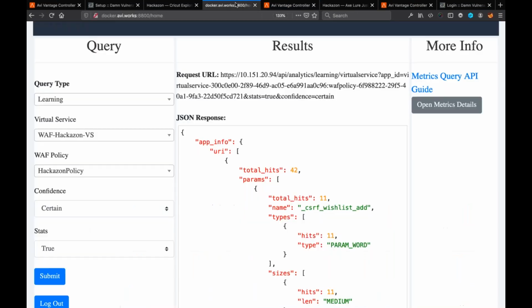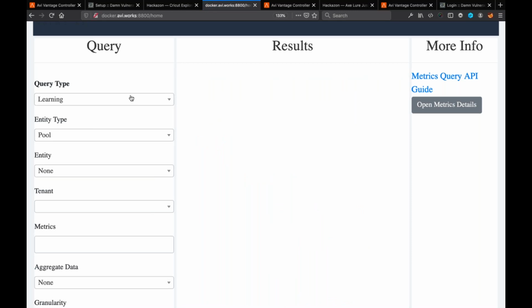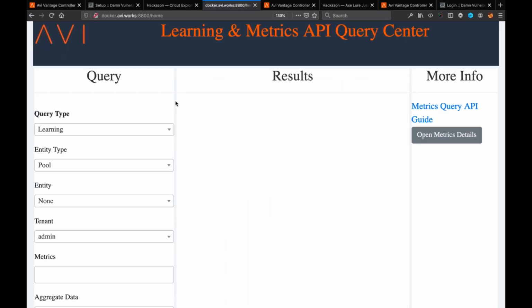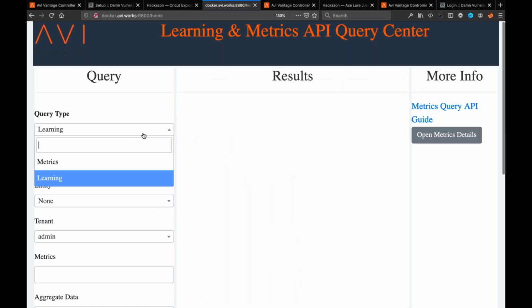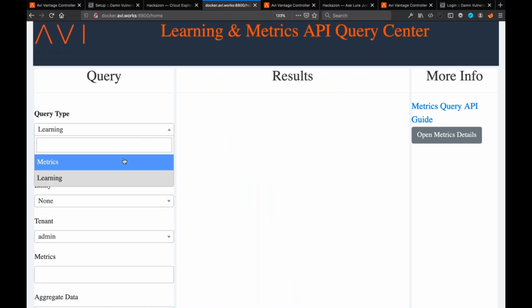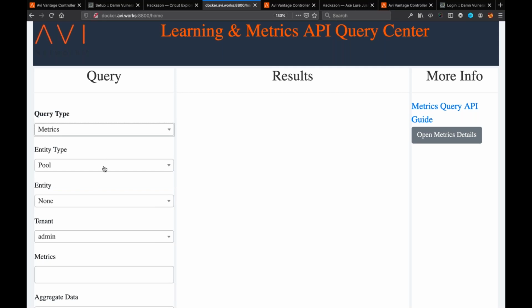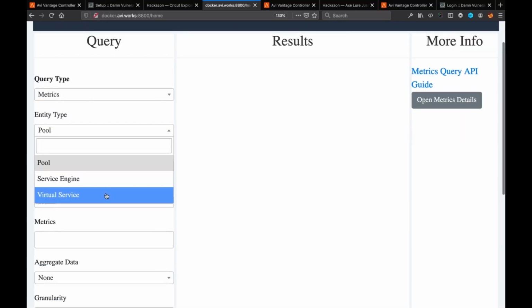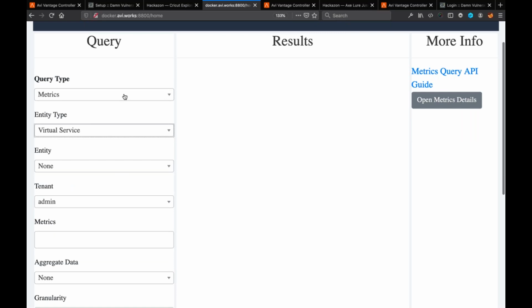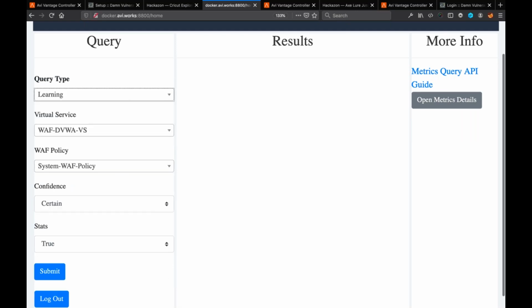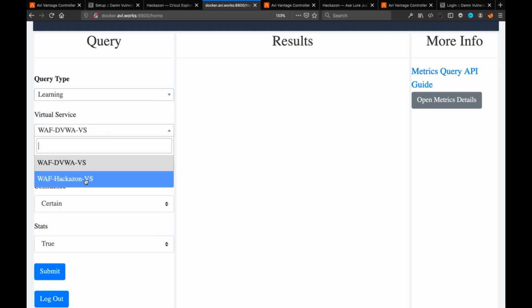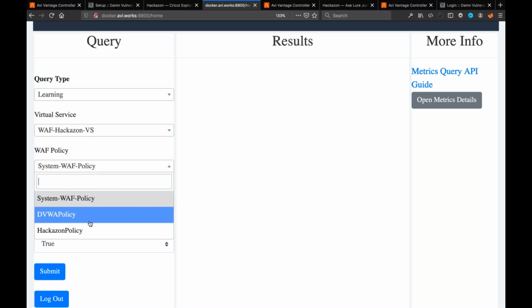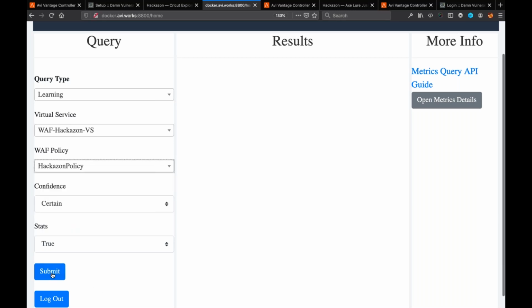While that Spider is running, I want to give you one more insight. I told you we have a lot of metrics. So we built a little tool that can create queries to those metrics more easily. You could just use general metrics and get service engine and virtual service metrics, or I can do learning and it pre-fills: okay, I have a hackathon VS, I have a hackathon policy, and then I submit.